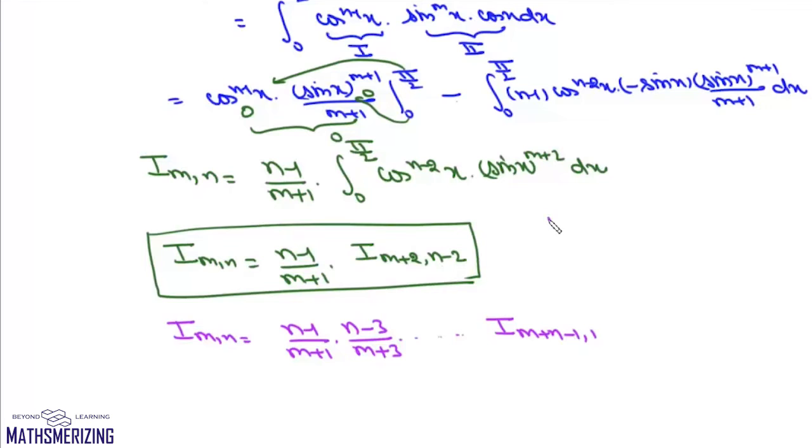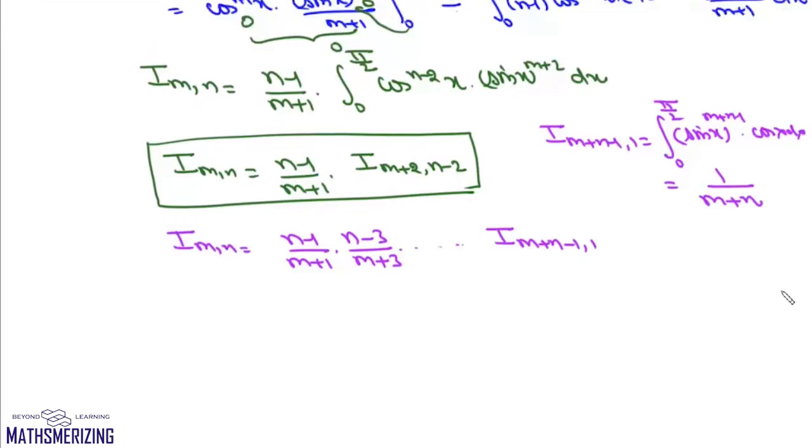Now if we look at I m plus n minus 1 comma 1, it will be this integral from 0 to pi by 2 sin x to the power m plus n minus 1 into cos x dx, and this value will be equal to 1 upon m plus n. So we can write this relation as